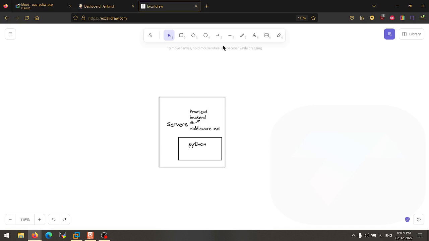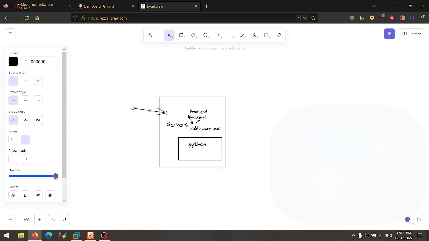When we talk about the single server, if there is any impact on the single server, if the whole server is down, the whole application will be down, right? Because everything is deployed on the same server. In this scenario,